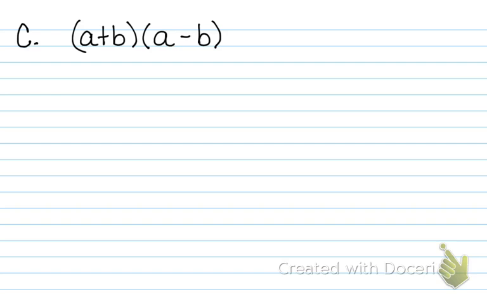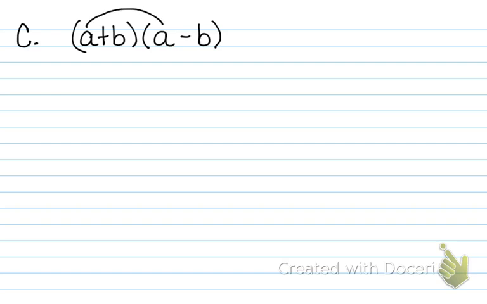For the third rule, you'll notice there's a little bit of a difference. We have the same thing in each one. So we have a plus b, and then on the other polynomial, we have a minus b. So they're exactly the same terms, except different signs. So a lot of times what people will try to do is use the FOIL method. Nothing wrong with that. You'll notice that what's going to happen when we do that, something very special which helps